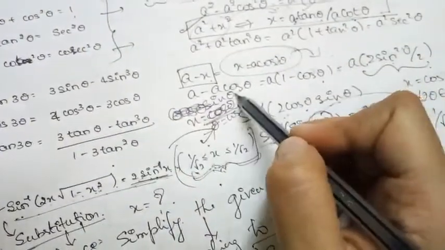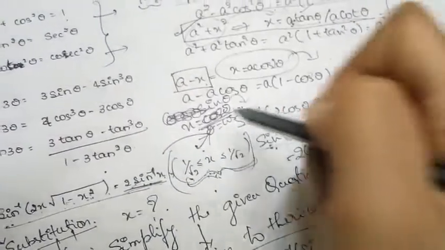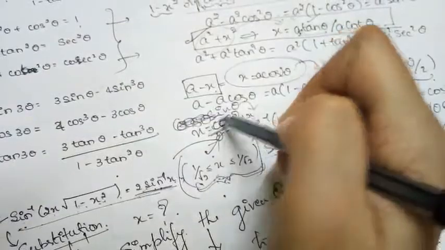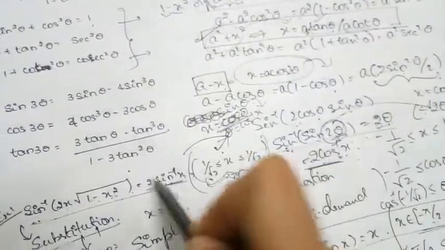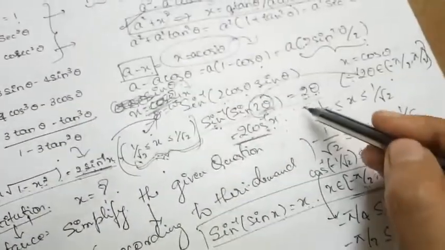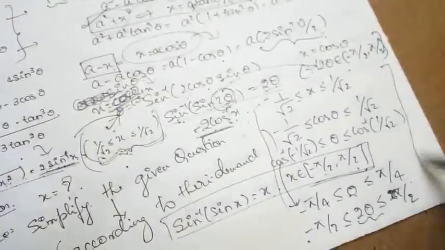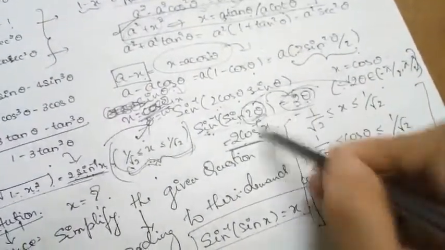In the beginning I have taken x is equal to cos theta, so that's why I got 2 cos inverse of x. Suppose if we take x is equal to sin theta, we are going to get 2 sin inverse x itself. That is the second question you can check. But the importance in this video that I am mentioning here is the checking. How we are going to check this.